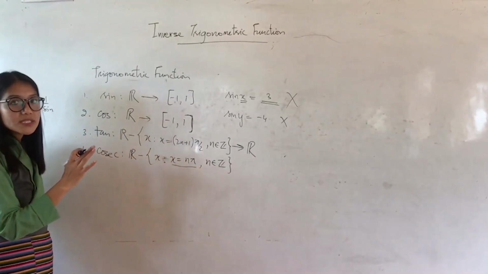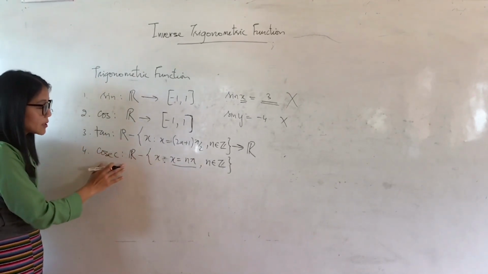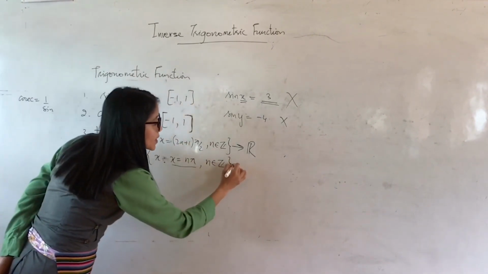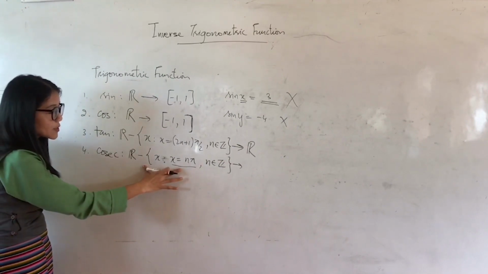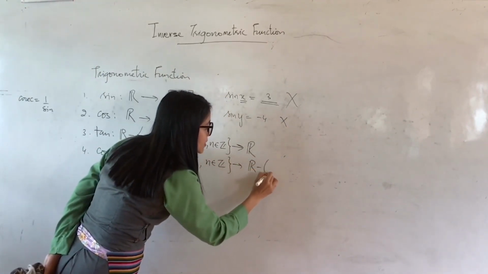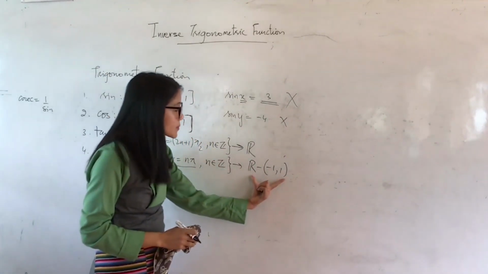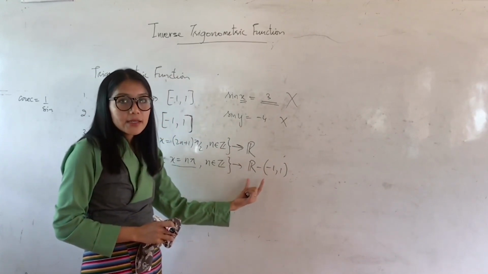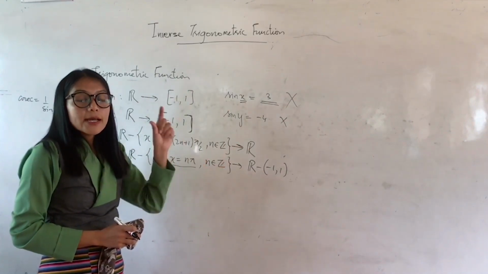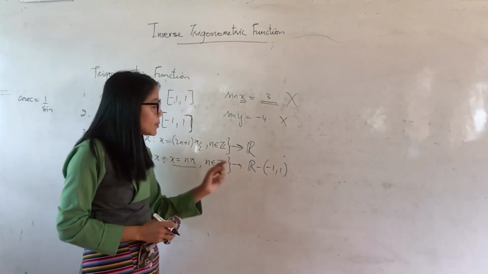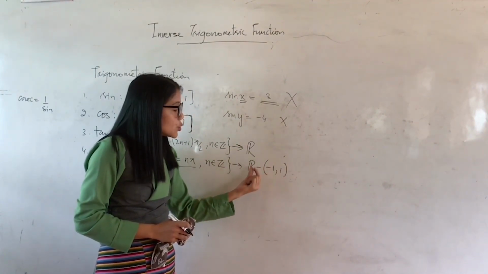Now I will not go into so much detail because all these things you had already learned in class 11, and I assume that you all are familiar with this topic. So I'll just give you the domain and range of these 6 trigonometric ratios. Okay, so this is the domain of cosec, and the range is the set of all real numbers excluding the open interval negative 1 to 1. So what does this mean now? If you take any x from this set, you will get a defined value for cosec. Now that value of cosec can be any real number, but it will not come in this interval.